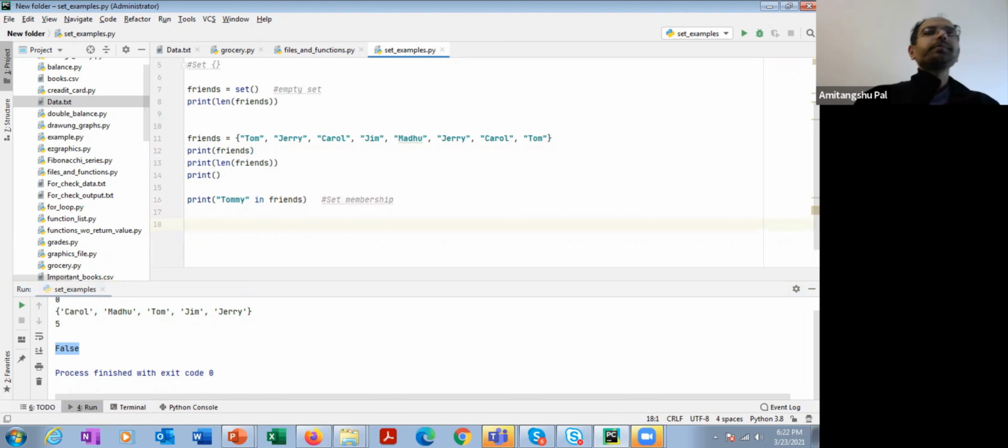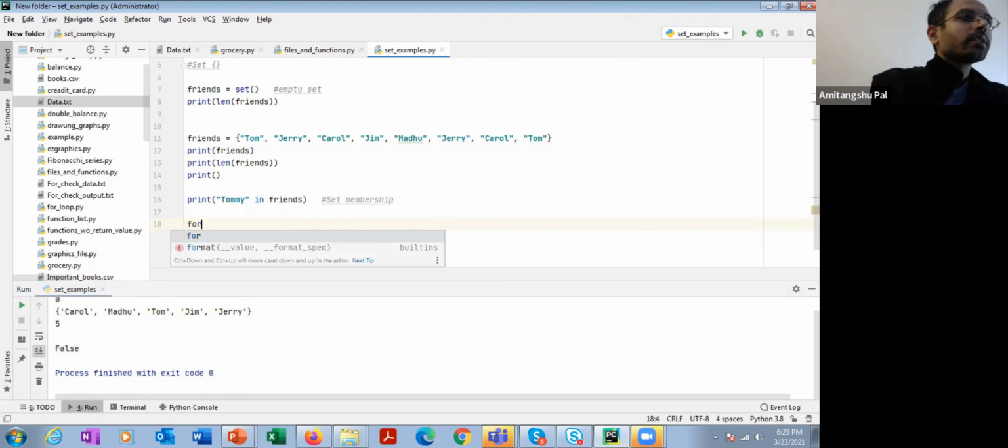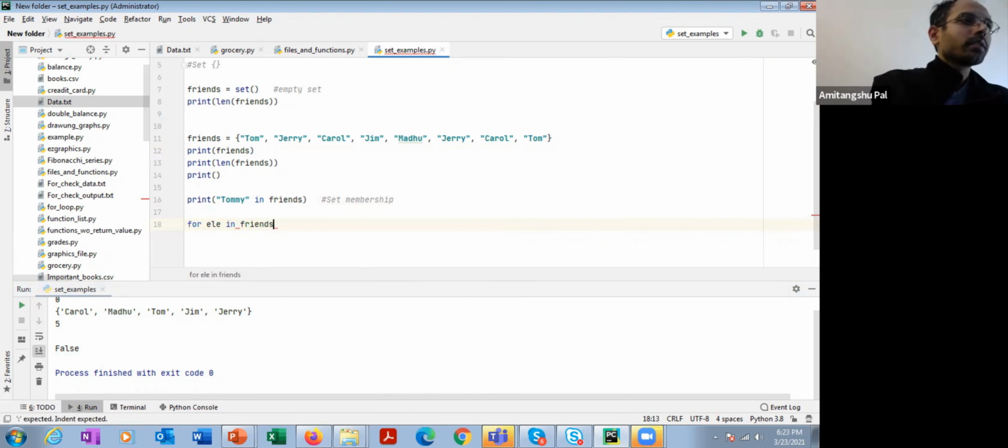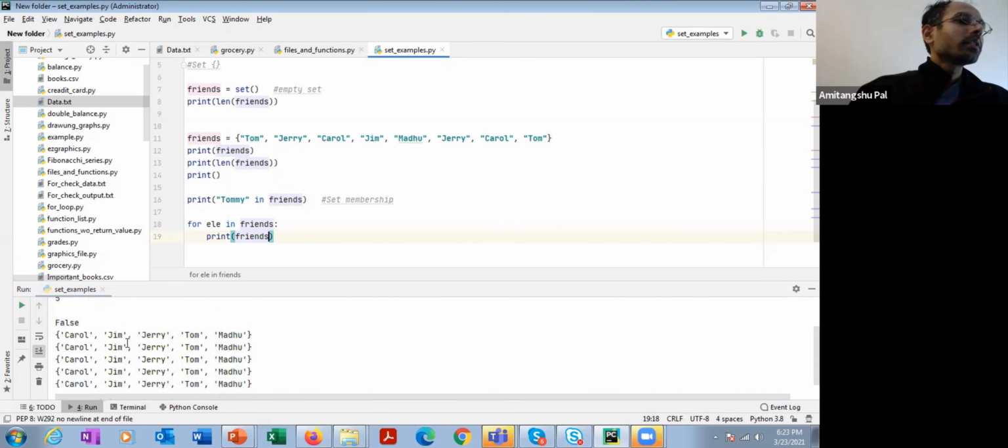Now let's see. Suppose you want to print the set elements line by line. You can do it as follows. So for element in friends, print element.